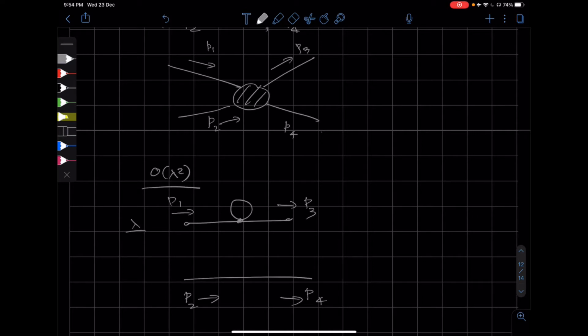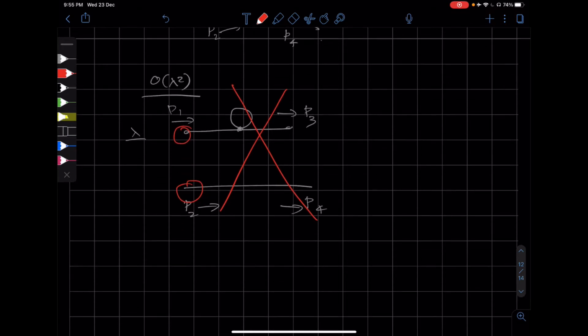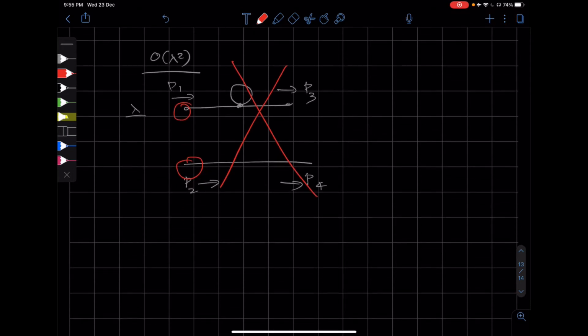This is an example of a first order diagram, but this is not a completely connected diagram. So we are not going to consider such diagrams. In these diagrams, this particle is not really interacting with this particle. There is no interaction. So we don't consider these diagrams as a bona fide scattering process. So the completely connected diagrams,